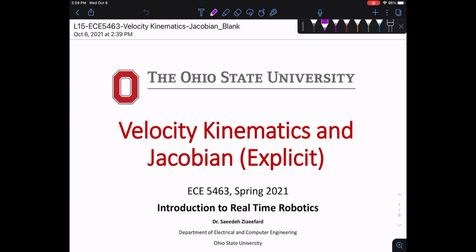When we were talking about velocity kinematic, forward kinematic, we said that we are using the velocity of the joints, right? So the axis that we found, we said the rotation,